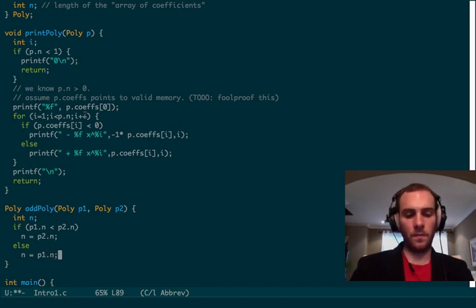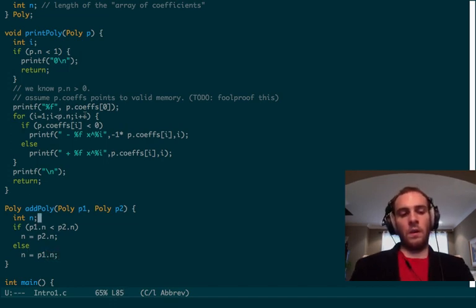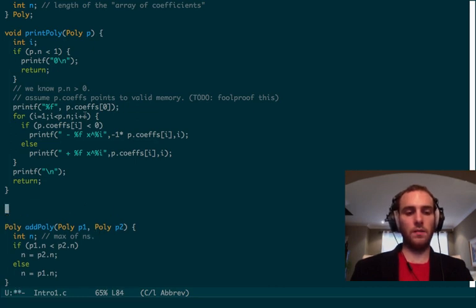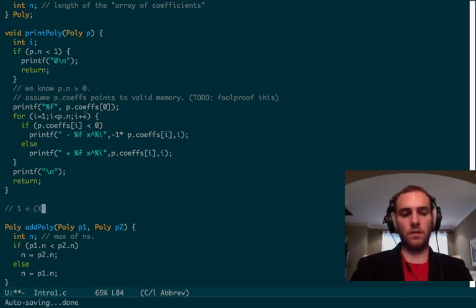So it's going to be the max of the n's. All right, if you add 1 plus x squared, it gives you x squared plus 1. So if you have a polynomial of length